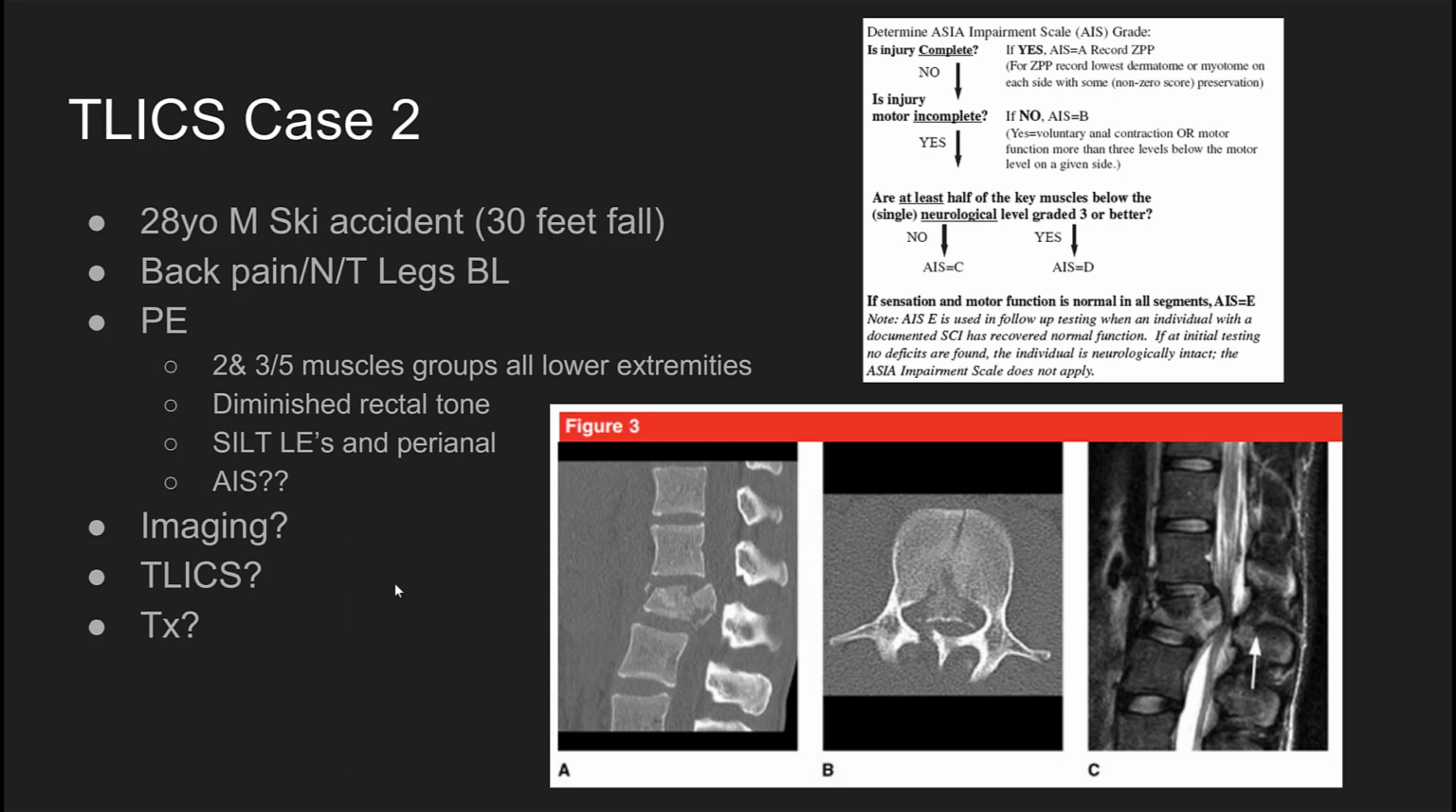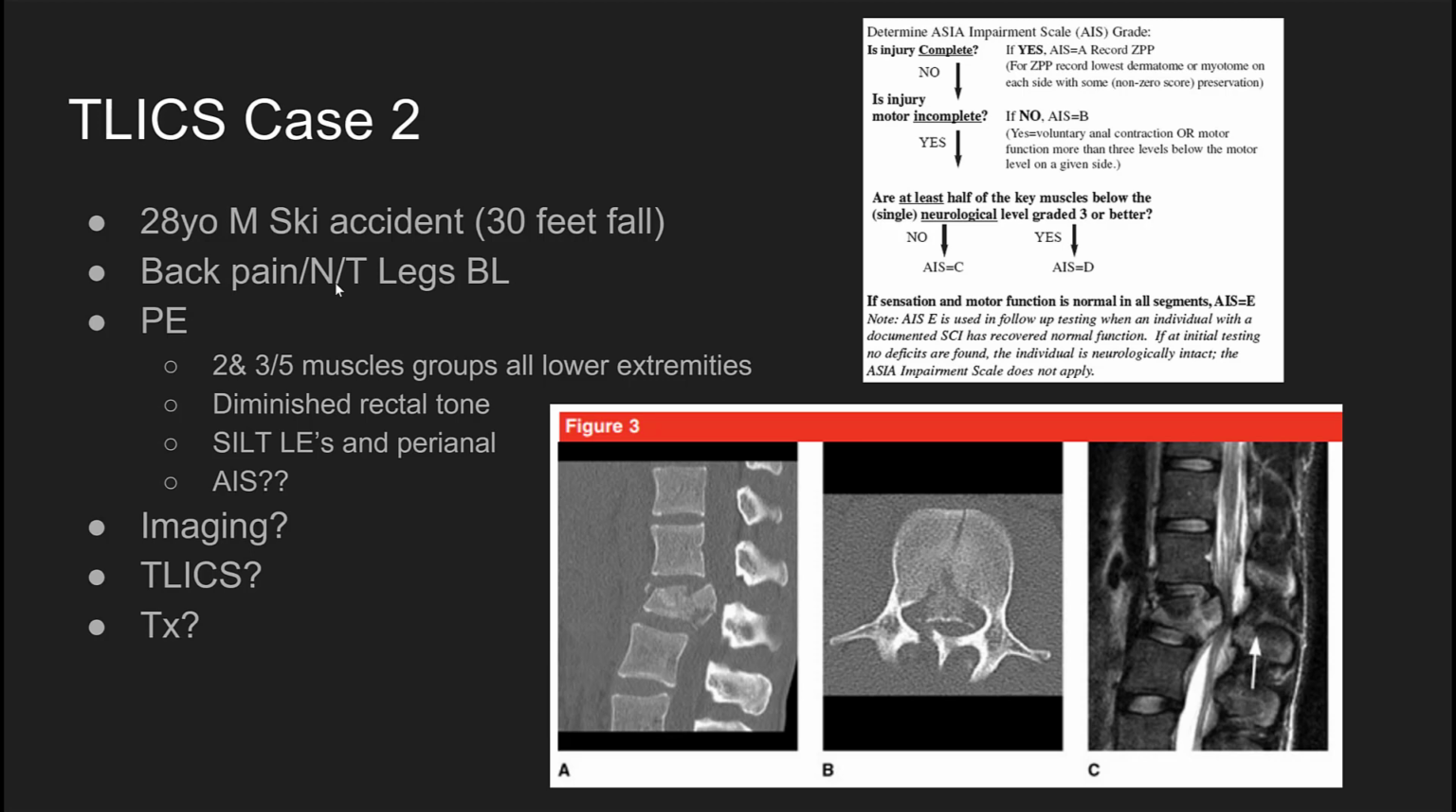So case number 2, you have a 28-year-old male, ski accident, 30-foot fall. So they do have back pain and they have pain to the legs bilaterally. On the nerve retention signs? Yeah. So physical exam, there are 2 and 3 out of 5 muscle groups, all in the lower extremities. So you have that neurologic compromise there. They have diminished rectal tone. Their sensation is intact to tactile touch, but